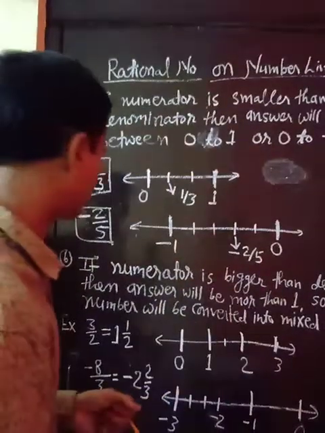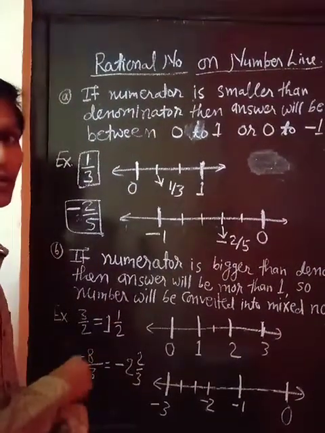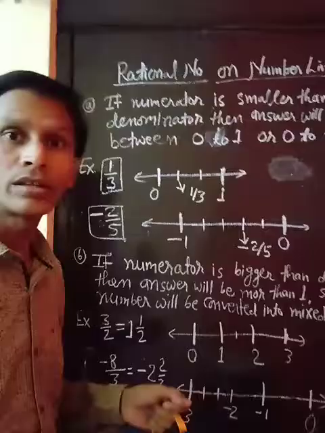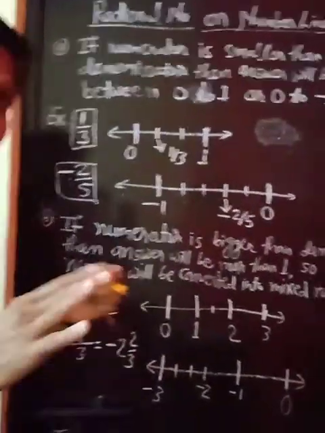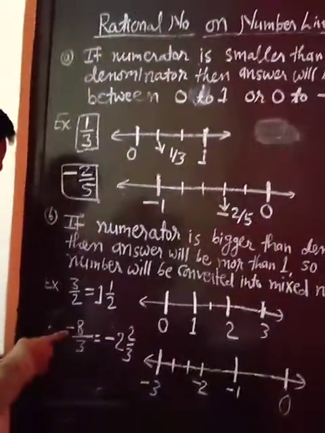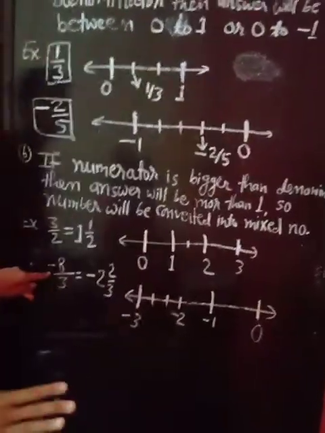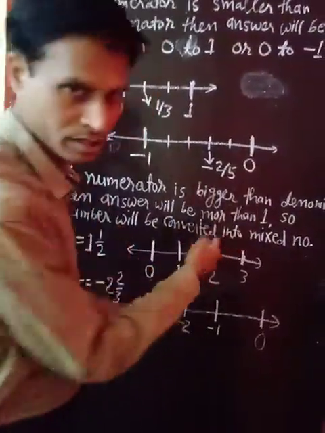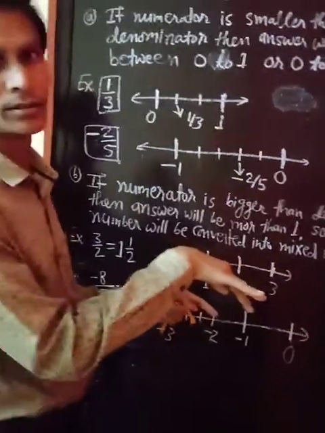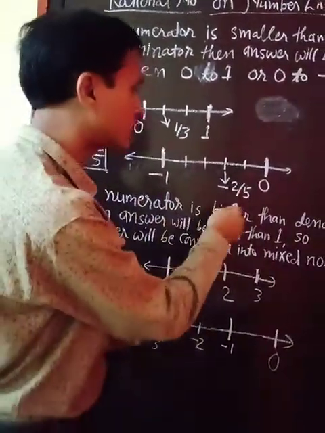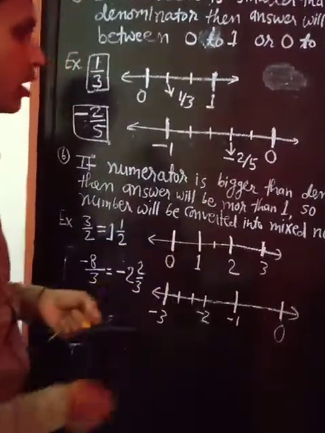Now you see the other part. If the numerator is bigger than the denominator, in fractions it is called an improper fraction. But here I can't always say improper fraction. When this is negative, I can't say improper fraction. So for such rational numbers where the numerator is bigger, that is why I am using the word bigger. This statement I am using instead of writing improper fraction. So if the numerator is bigger, as before it was the numerator is smaller, we can see in this case how to mark on the number line.